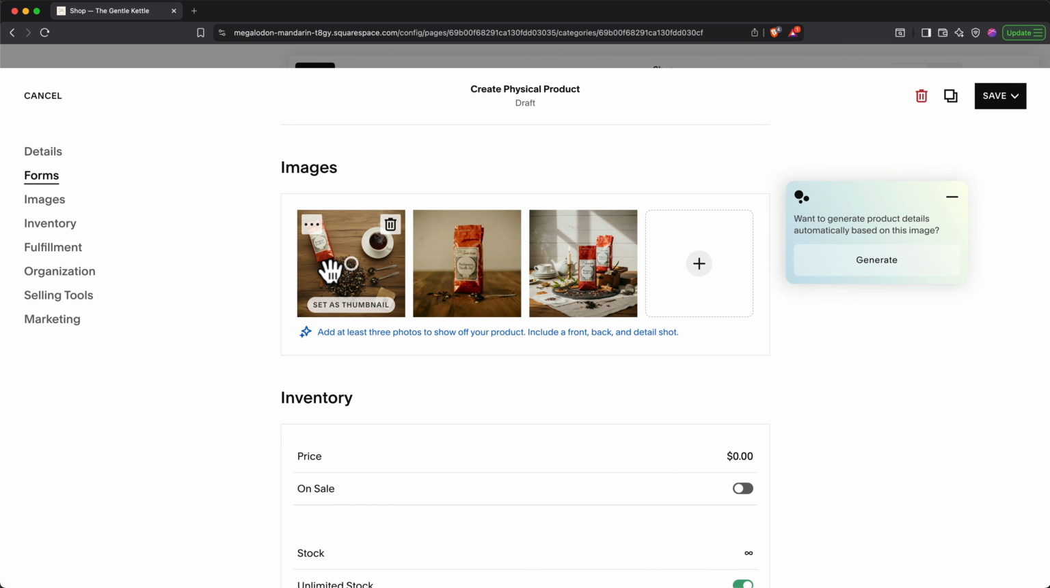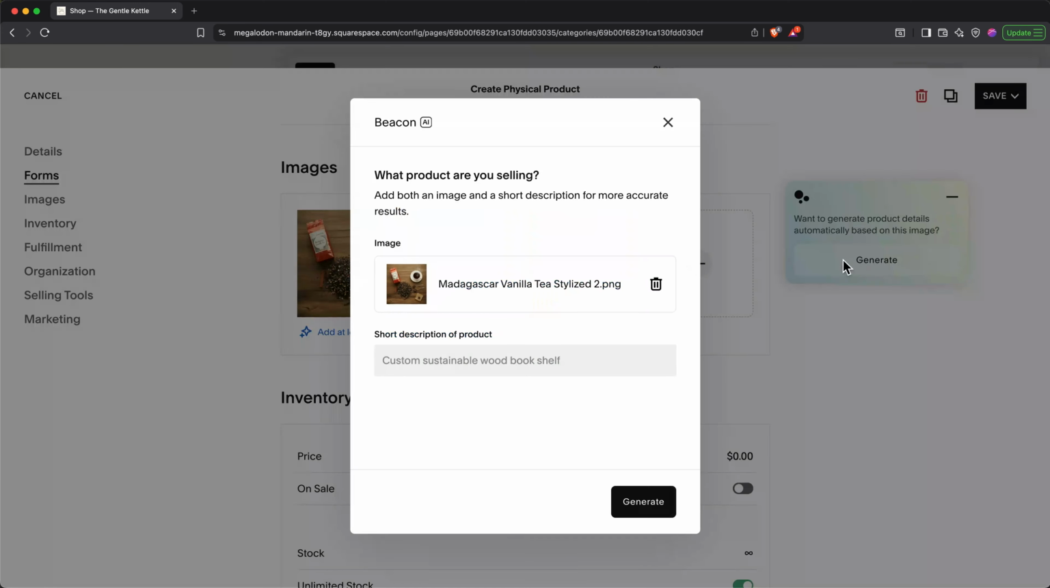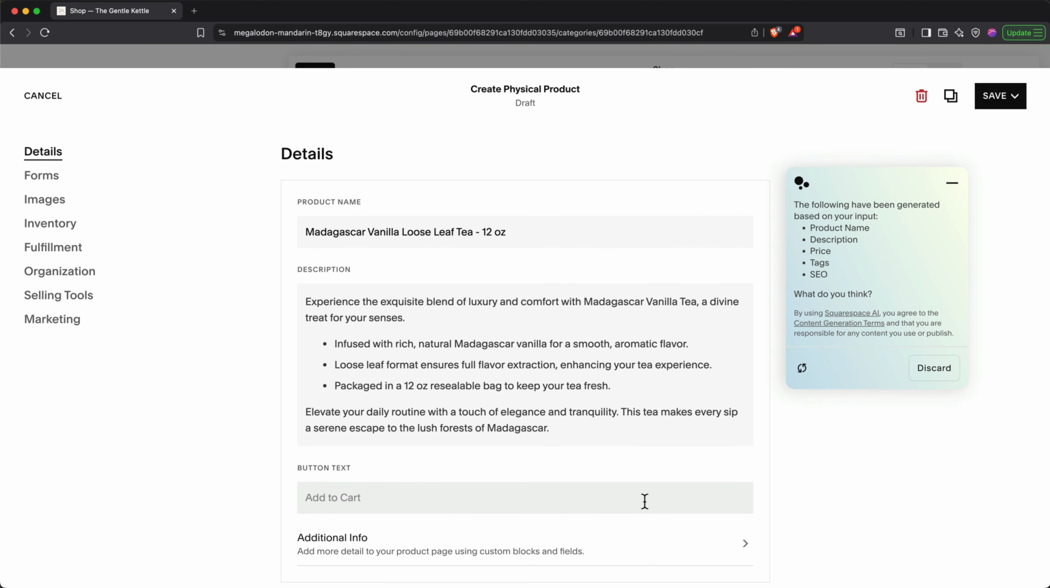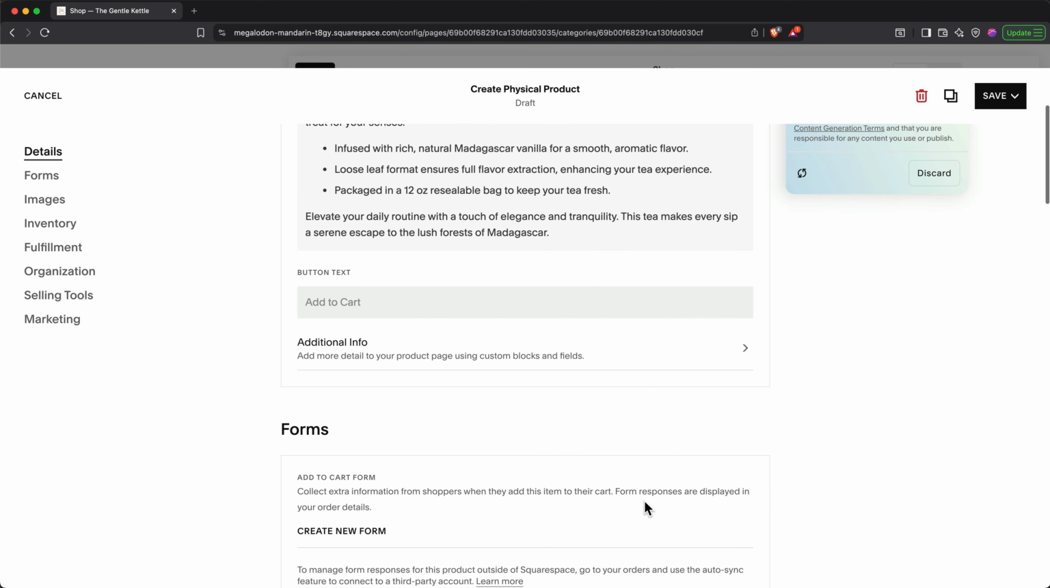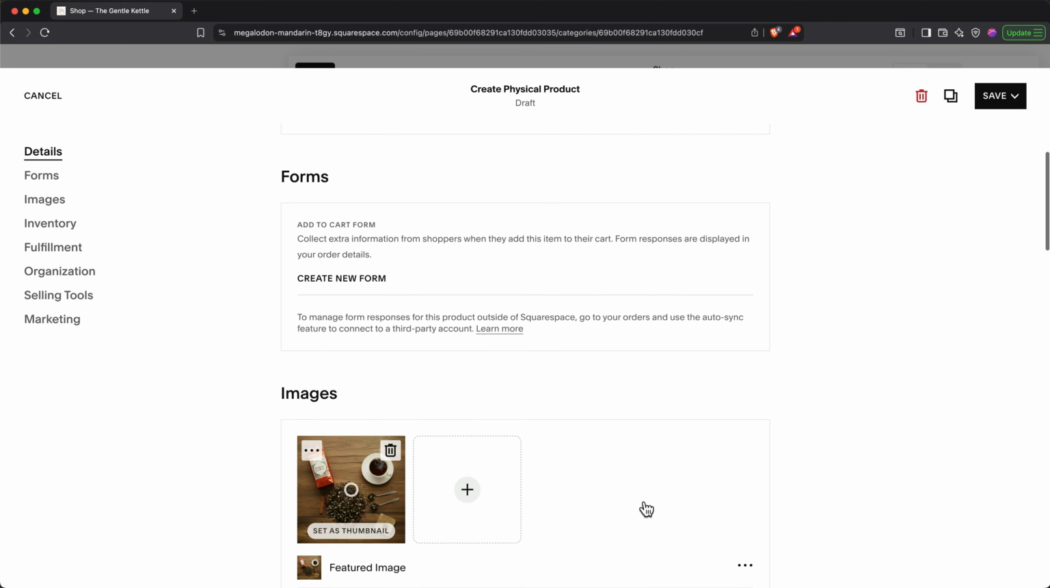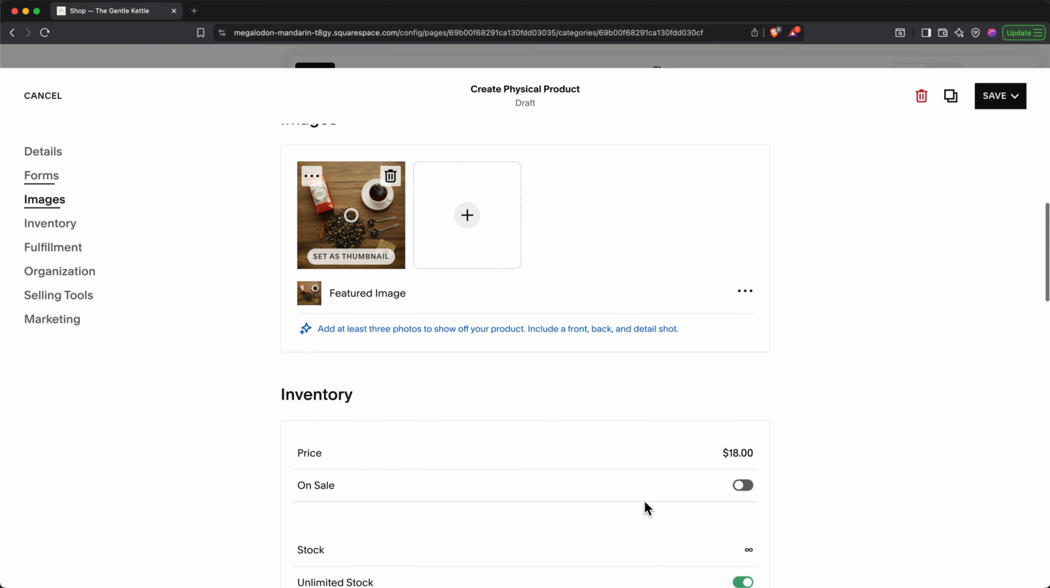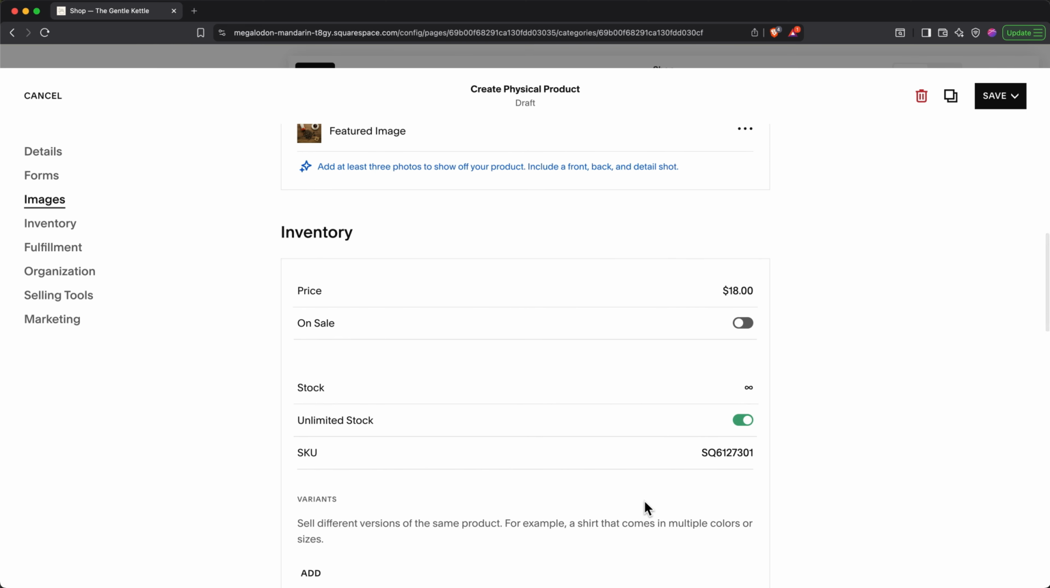One really cool feature is that you can click to generate product details automatically based on your images. I'll click Generate, add a short description of the product, then click Generate. It automatically generates a name, description, tags, suggested price, and even SEO metadata, all from the photos. It's not always perfect, but it's a huge time saver as a starting point, especially if you're adding a lot